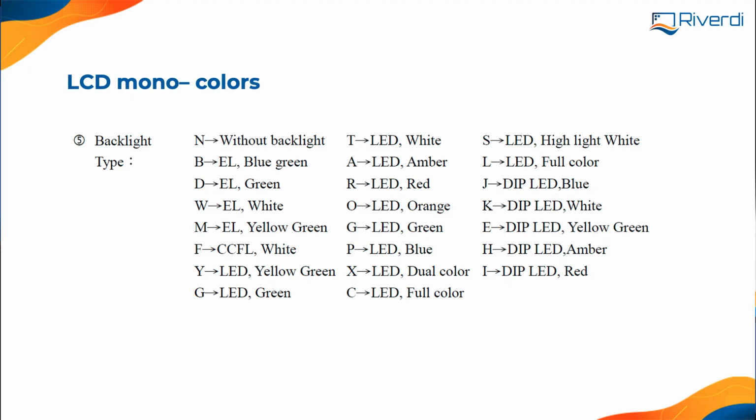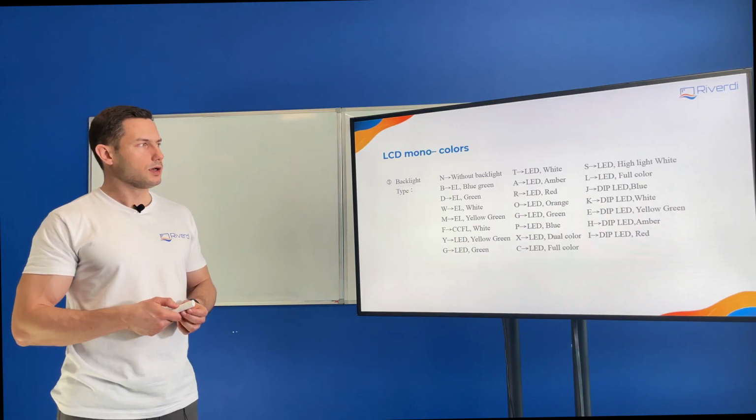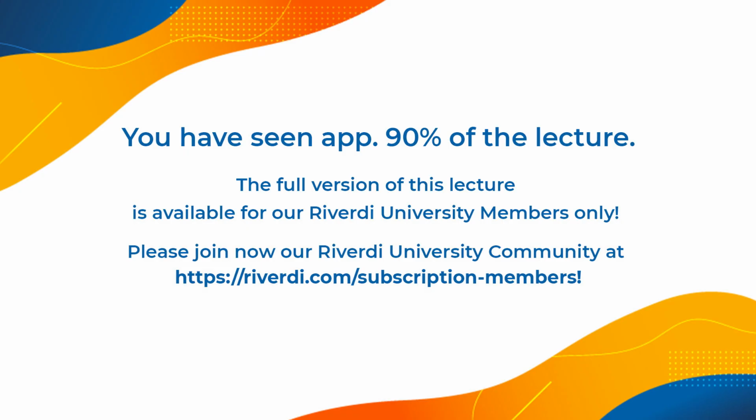Okay, I mentioned in the beginning that we also have colors for monochrome displays. Of course, as I said, there is only one color for the backlight and one color for the characters. But as you can see here on the backlight type, there could be many different colors. So we can have white